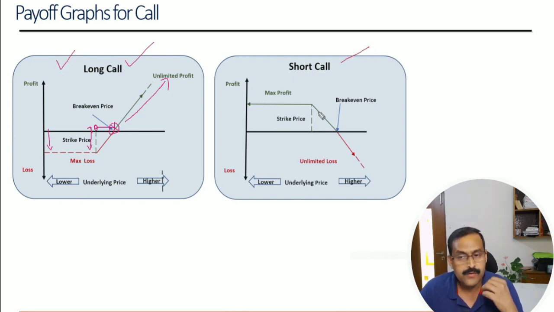Coming to short call option, you have sold a call option, you are expecting the market to stay below that strike price. And the maximum profit is the premium that you have collected. See here, the maximum profit is fixed, which is equal to the premium received. And the break-even point, what happens? The strike price of the call option plus the premium that you have received. So this becomes the break-even point. And if the market starts going up beyond this break-even point, you will continue to lose money, which is unlimited loss on the upper side. So this is the short call option payoff graph.